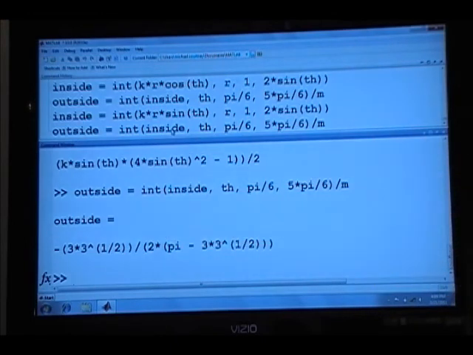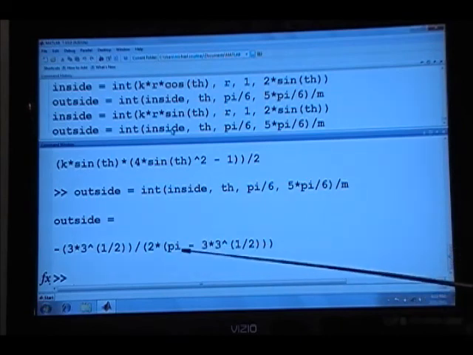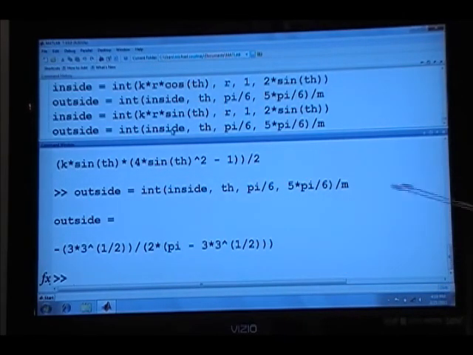Well, a negative answer wouldn't make any sense, but we also have a negative here and a negative here, so we need to consider that perhaps this whole expression in the denominator is negative, which would render the result positive. Alright, so we can use the eval command